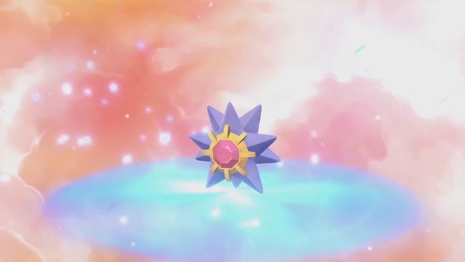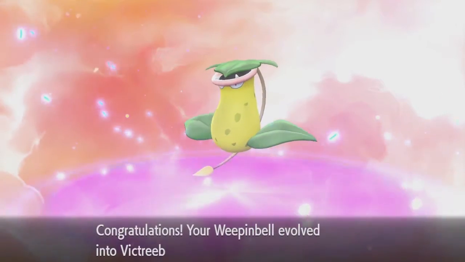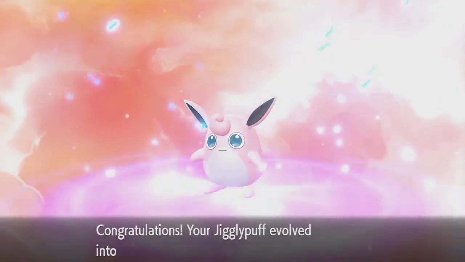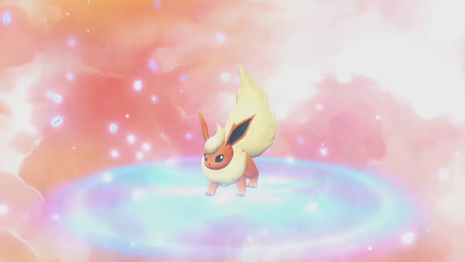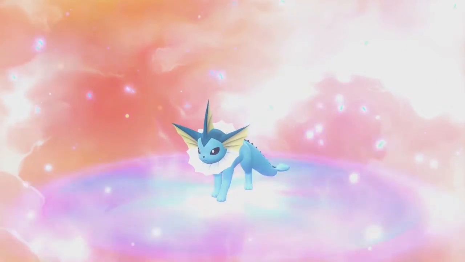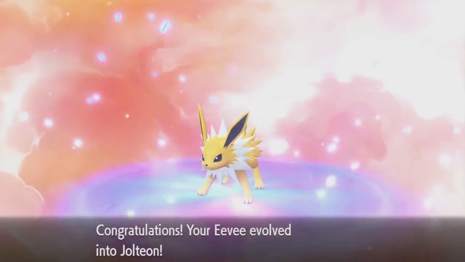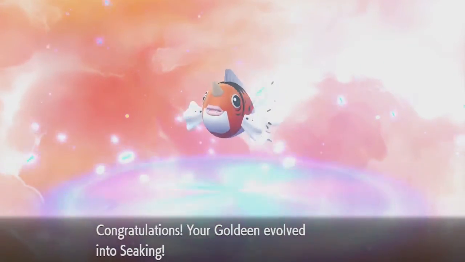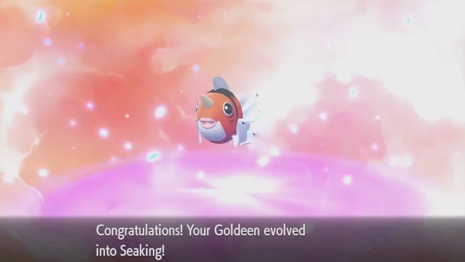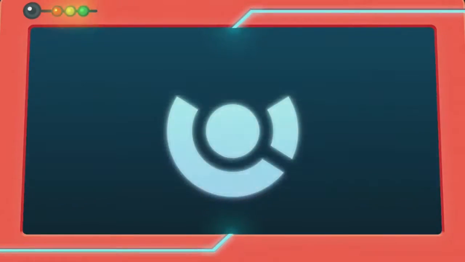Shellder evolved into Cloyster, Staryu into Starmie, Victreebel from Weepinbell, Jigglypuff into Wigglytuff. Then I went and had the Eevee evolutions of Flareon, Vaporeon was right after that, then went into Jolteon for all 3 of those evolutions, ending it with Poliwhirl into Poliwrath, eventually Goldeen evolved into Seaking, and picked up Hitmonlee from the Karate Master. Pretty much set for this section, and finally able to go and get gym badges once